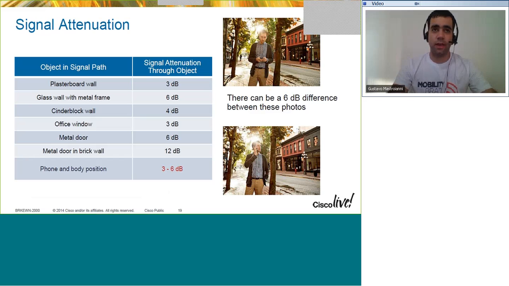Another thing that we have to take into account when designing a Wi-Fi network is the signal attenuation. So in an office, we have walls, tables, chairs, and other things that can attenuate the signal. And here is a guide. Of course, it depends on each material, so this is just an average. The best way to know the attenuation for each